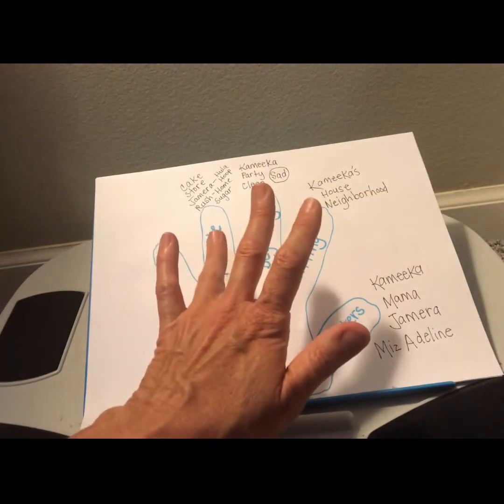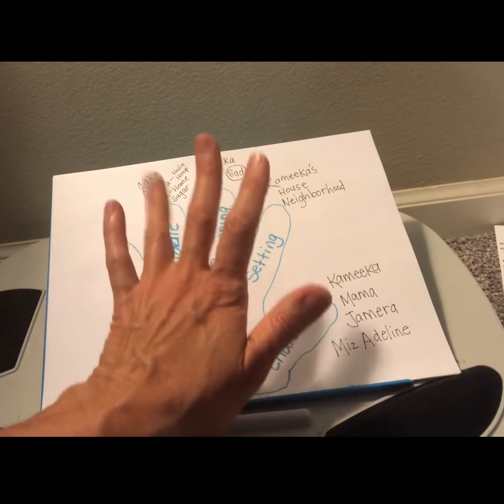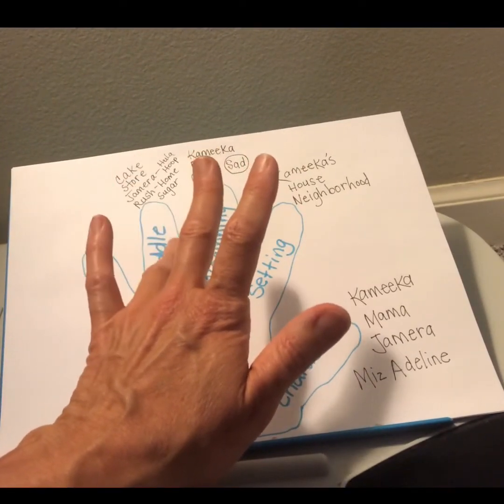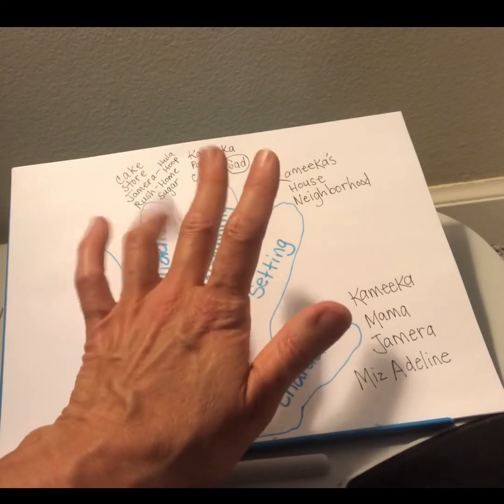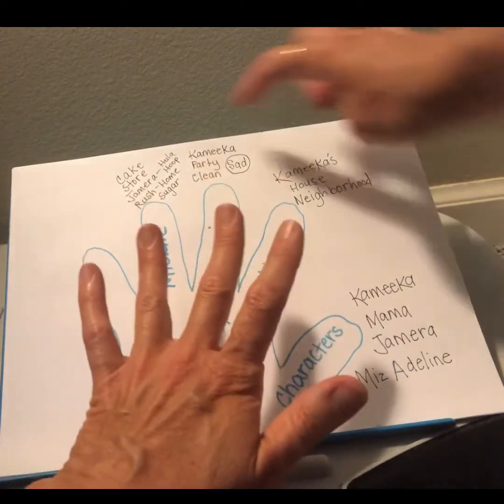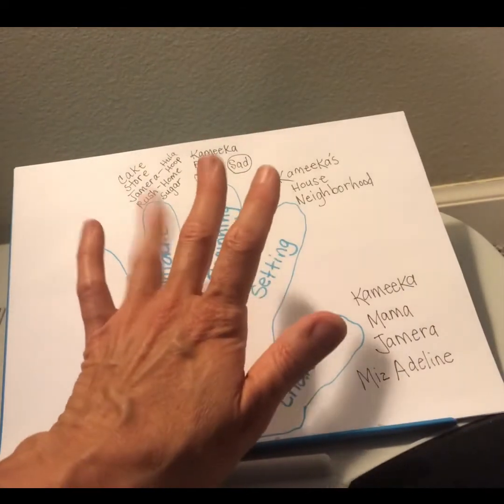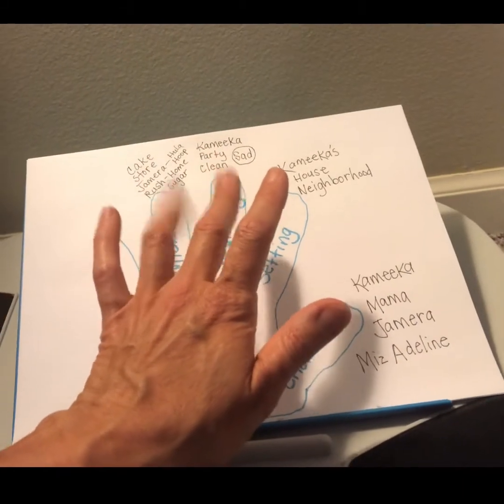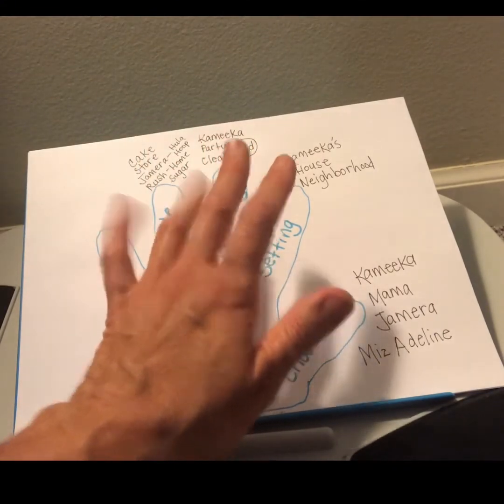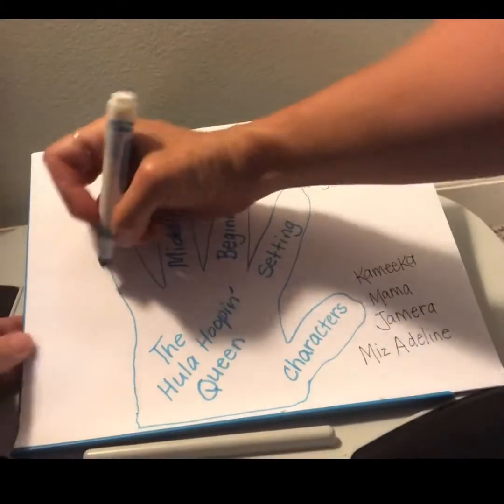Eventually, as they're cleaning and baking, the cake doesn't turn out. And so Mama sends Kamika to the store to get more sugar. On her way out of the store, she sees Jamira and she starts to hula hoop. She rushes home with the sugar because she's got to get that new cake baked. All right, and at the end,